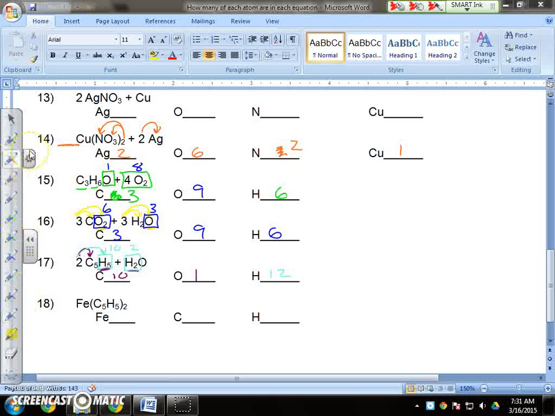And then our final set here would be Fe(C5H5)2. This 2 distributes to the H, distributes to the C, which means I've got 10 C's and 10 H's, but the 2 does not distribute to the Fe, so I have only 1 of those. The only other tricky thing I could really do is if I threw something like a 4 in front of this. The 4 would distribute to everything, which means instead of having 1 Fe, I'd have 4 of them. Instead of having 10 C's, 2 times 5 gives me 10, times 4 gives me 40. And then I'd also have 40 H's. If you can do that, you can